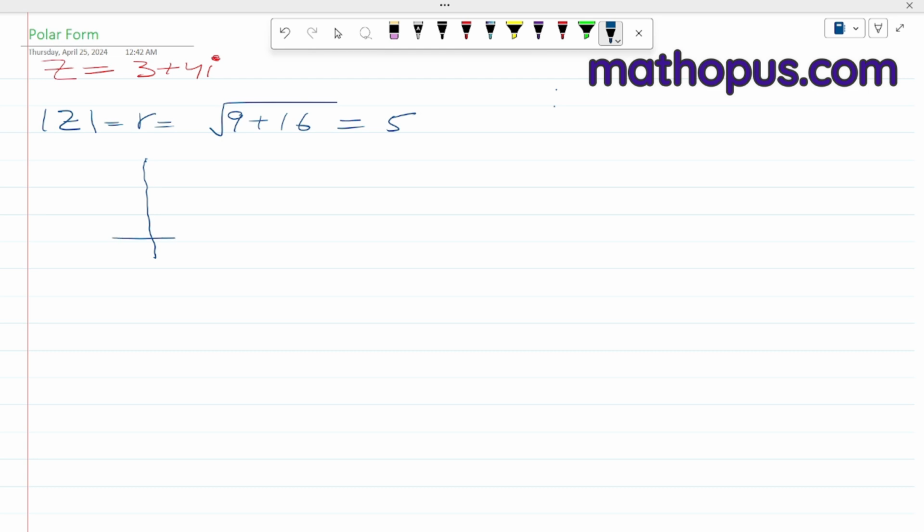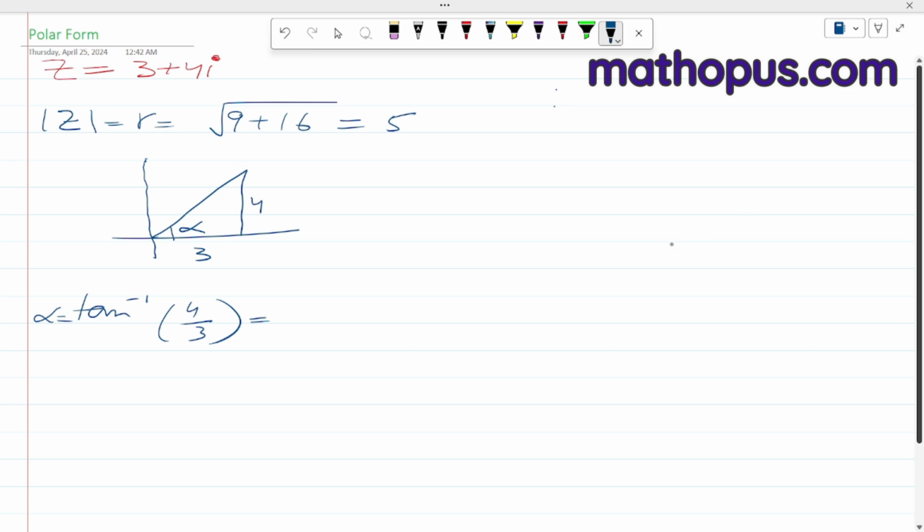Then we find its argument. This complex number is in the first quadrant, so its basic angle is going to be its argument. So the basic angle would be tan inverse of the imaginary part over the real part. This is your basic angle as well as your argument. So tan inverse of 4 over 3. Let's see what the answer is in radian mode. The answer is 0.927295